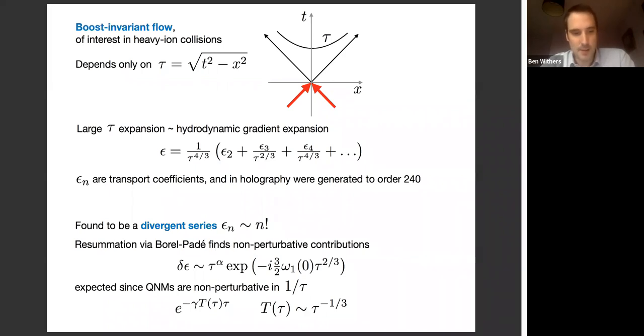And this you can sort of expect because, after all, if you look at black holes, we know that there are higher quasi-normal modes, and quasi-normal modes have frequencies which go like the temperature times time, and the temperature in this case for the background Bjorken flow is diluting over time. It's an expanding plasma, and it dilutes like tau to the minus 1/3. So when you put these two things together, you get e to the tau to the 2/3. So this is the expected behavior of a transient on top of this Bjorken flow due to non-hydrodynamic quasi-normal modes, which are non-perturbative in this hydrodynamic expansion.